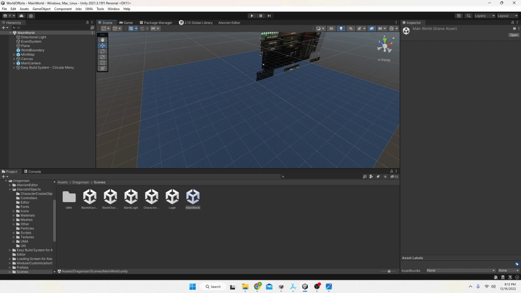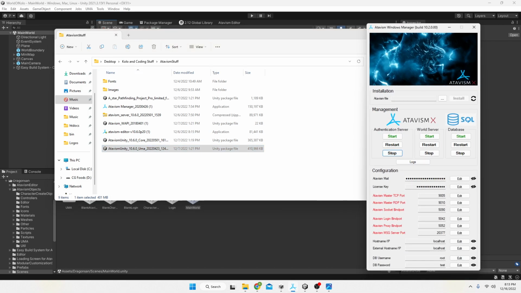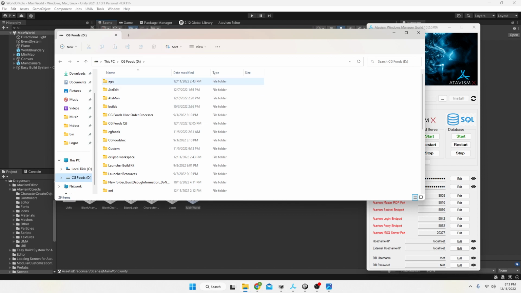So if we want to switch our system over to work under core, it's more than just setting up the basic projects inside of Unity, but also informing the server what mode it needs to be running in. That's literally editing one file, or you can actually do it from inside the editor itself. In my case, I'm just going to use the file. So if we go under wherever you installed the Atavism Manager, this program here, the Atavism Windows Manager, the folder that you installed it to, if you open that up in your file system here,